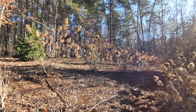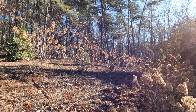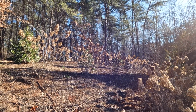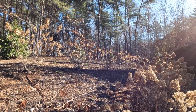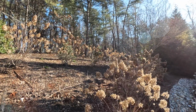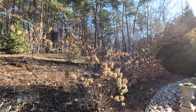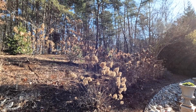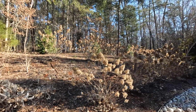Again, we will prune them in the same way as the Little Limes, but since they bloom on new growth, you have to prune them in a certain way. That way they don't have floppy stems. I think you can see how nice and tight and upright both my Little Limes and my Firelights are. There's no floppage. They are nice and tight, upright, good sturdy stems, and it's a really simple trick on how